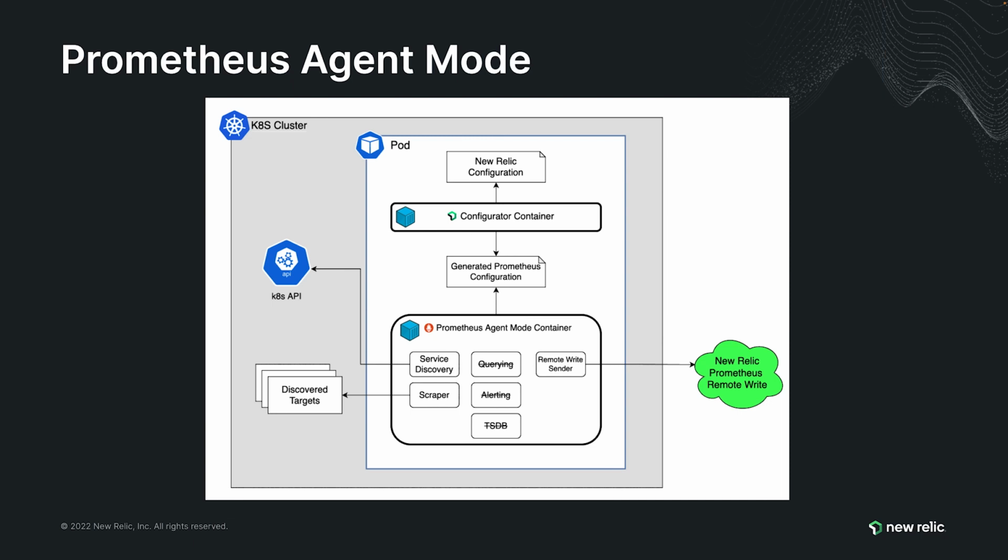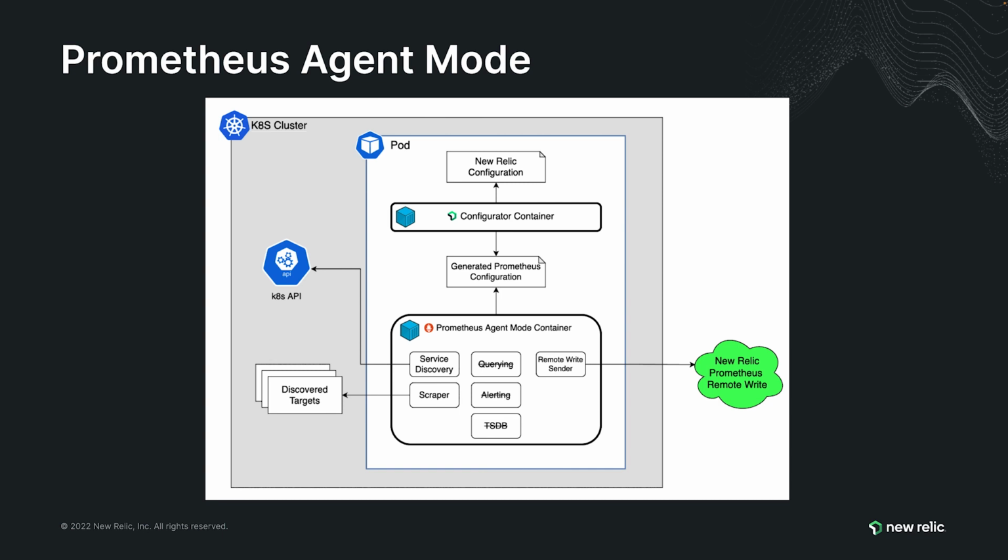This will be a two-part video. In part one, I'll discuss what Prometheus agent mode is, walk through some of the default configuration options, and finally, I'll perform a quick install into my Kubernetes cluster. Stick around for part two, where I'll talk about new Prometheus-based quick starts and how to install them into your New Relic account. Before we get into the configuration, let's take a moment to walk through this diagram and discuss